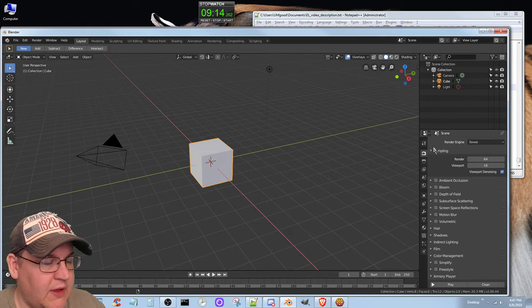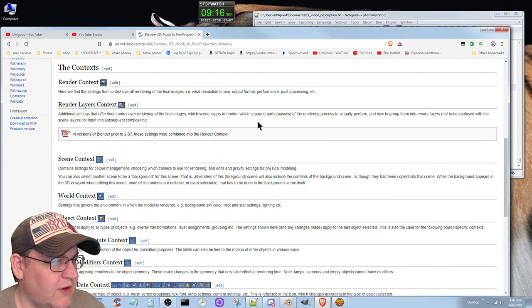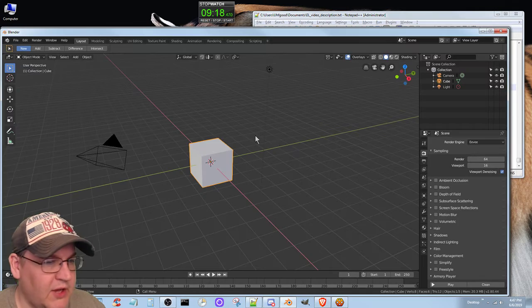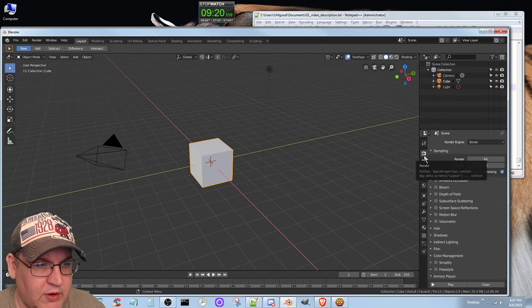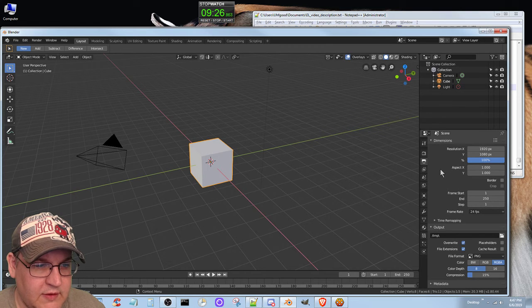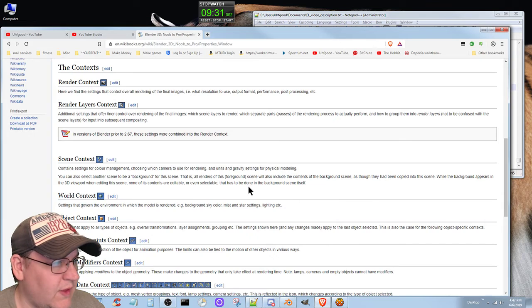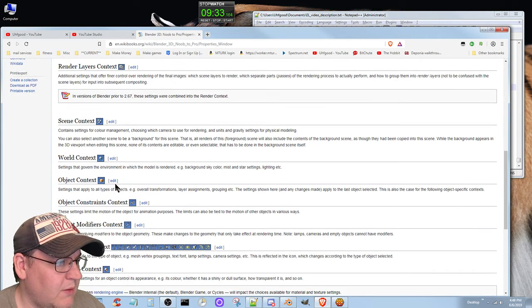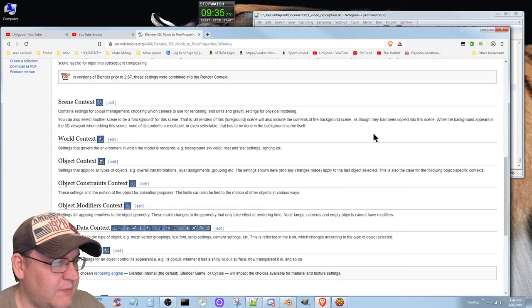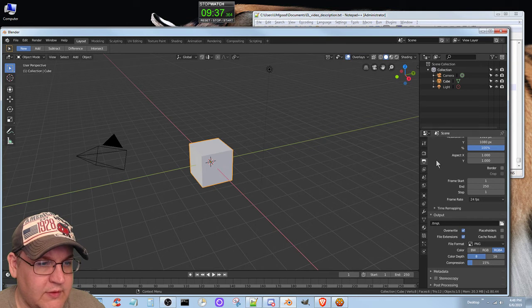Now I don't know if we got, see, render context and render layers context. Render and render layers. I don't know if we got a separate render. See, this is render here, and this is output. See, this has the dimensions and stuff. So render is a little different than the old version. We have scene, world, object. So of course,